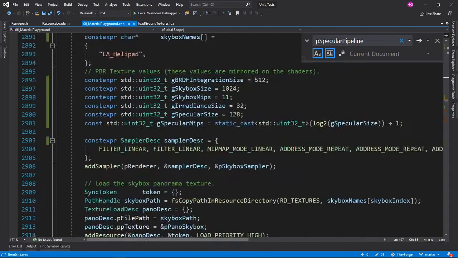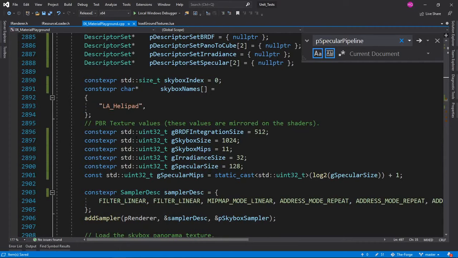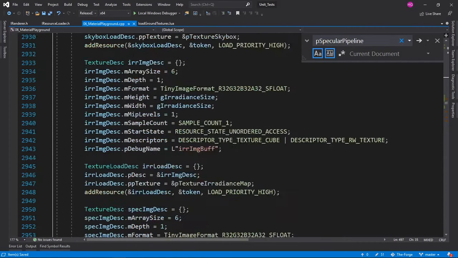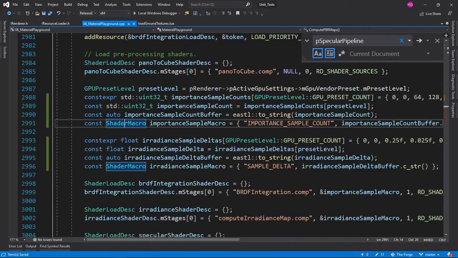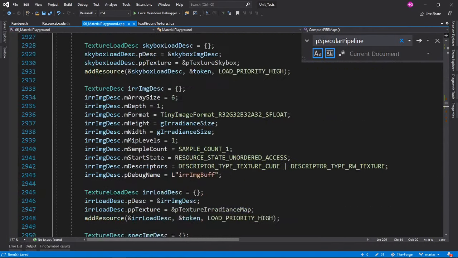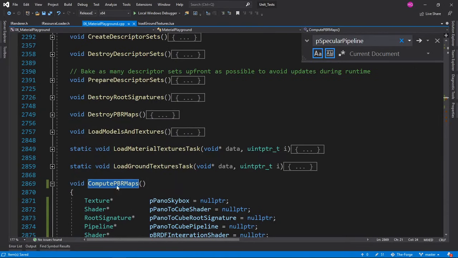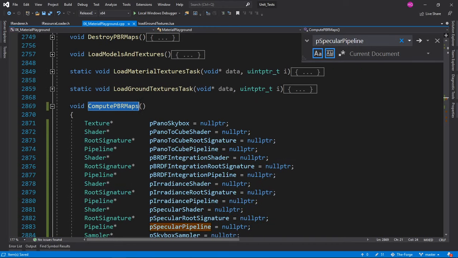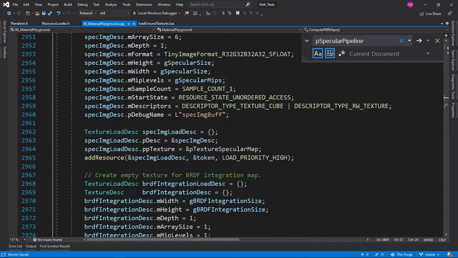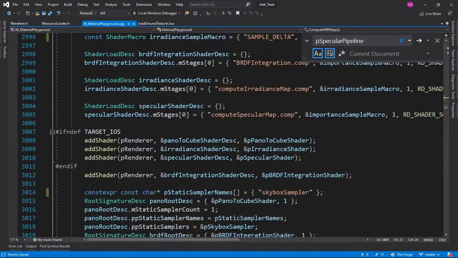And after making those member variables, I won't be able to make this compute PBR maps, or these ones, static. So that's the reason I'm not adding static right now here, because I definitely know I'm going to change them.